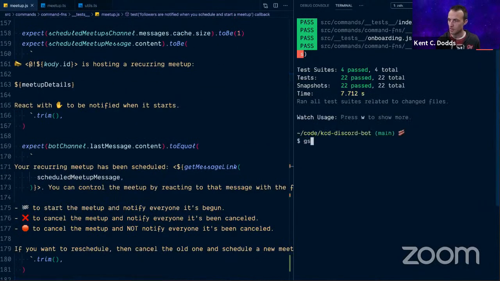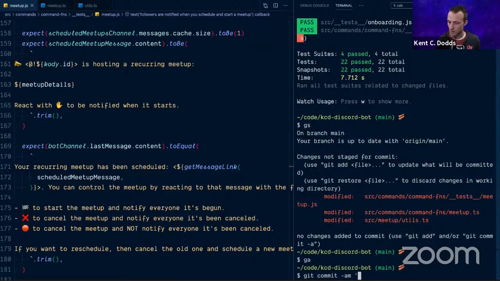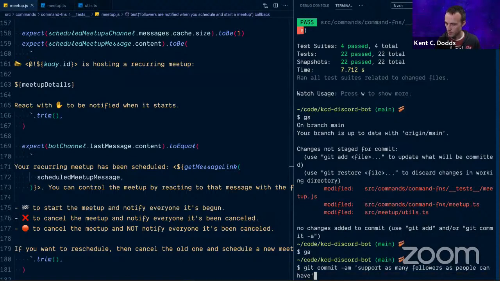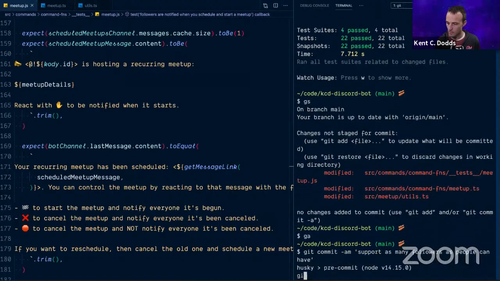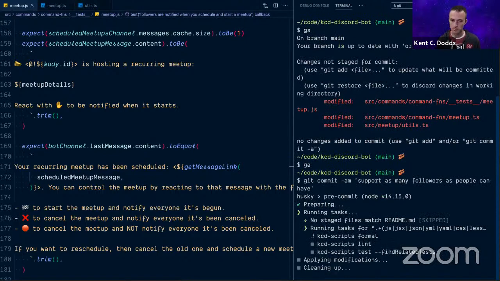Cool. Support as many followers as we have. Hooray! That was way easier than I expected it would be. Thank you, Discord.js, for supporting that.